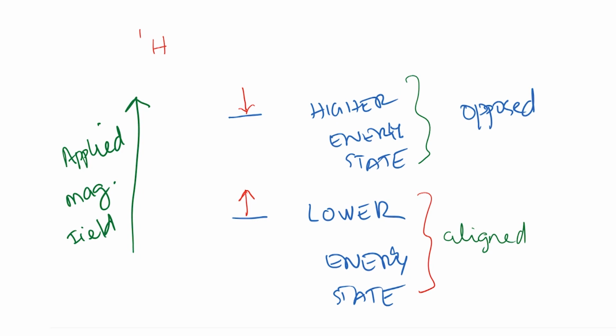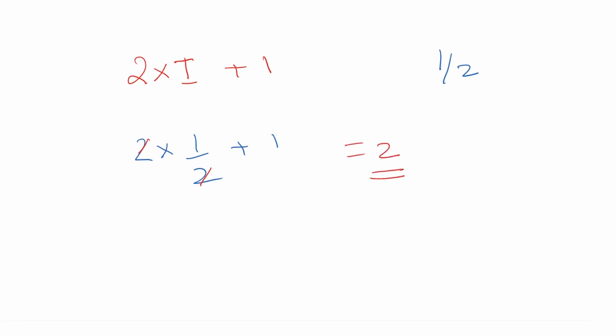nuclear spin. The nuclear spin is represented by I, and the total number of energy levels for a particular nucleus is 2 into I plus 1. In the case of hydrogen, the spin value is half. So, 2 into 1 by 2 plus 1; you can cancel out this 2 and this 2. So, basically it is 2 states. For a proton, for a hydrogen atom, there are 2